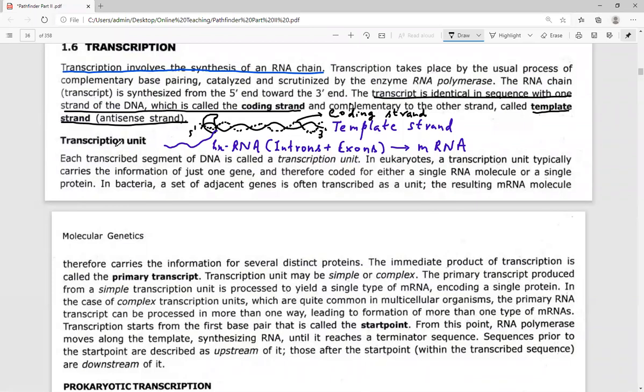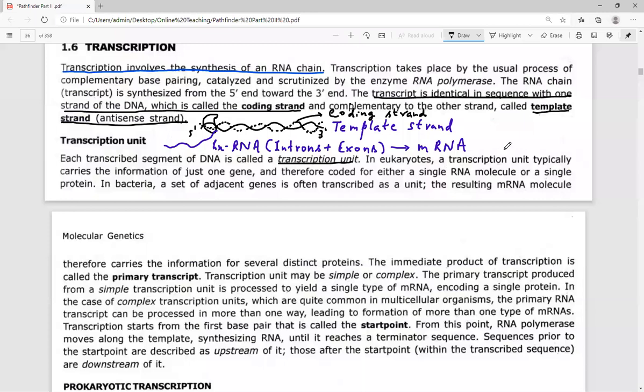Okay, so transcription unit: the segment of the DNA which is involved in the process of transcription is referred to as the transcription unit. So how this transcription unit is present, that we have to see. The segment of the DNA that is involved in the process of transcription is referred to as the transcription